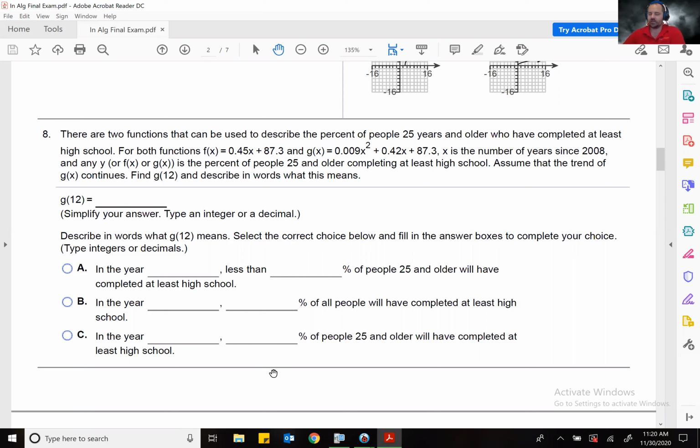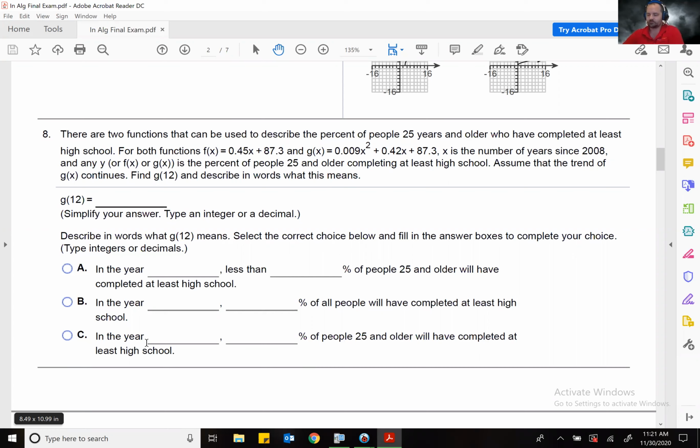It is not A, because there's nothing up here that says that we are less than this percent. It says this is the percentage of people, not this is less than the percentage of people. Does that make sense? So it is C, because this matches the wording that we have up here: percentage of people 25 and older completing at least high school. So you'll select C and say in the year